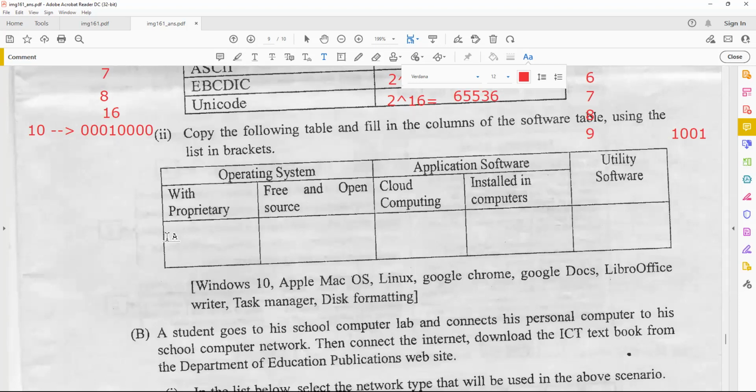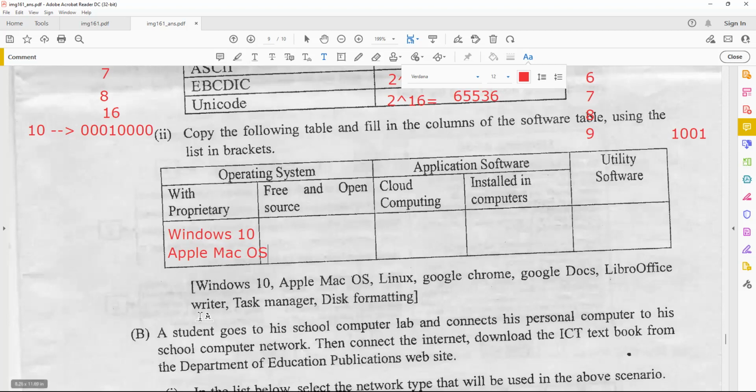Yes, for proprietary operating system we can take Microsoft Windows 10 and nowadays Windows 11 as well. So all the Windows versions are proprietary software, which means you have to pay for it and nobody can see what is inside. And even Macintosh, Apple Mac OS also comes under this. So Apple Mac OS. So these are the two correct answers. Good. Most of you have actually typed the answers. Good. Don't worry if you're making mistakes. So just type it.